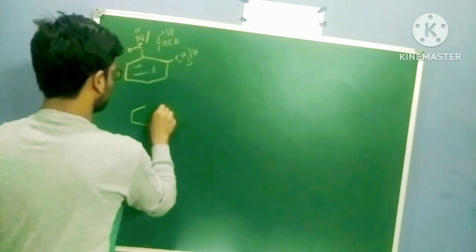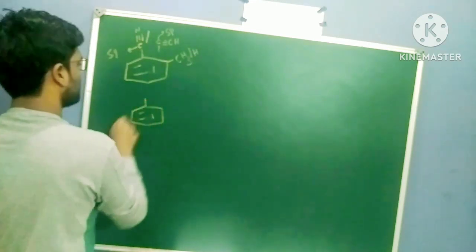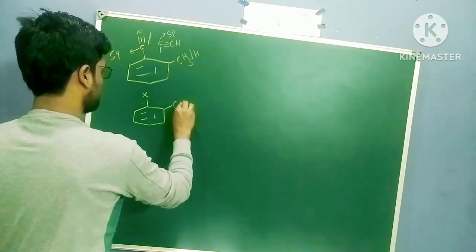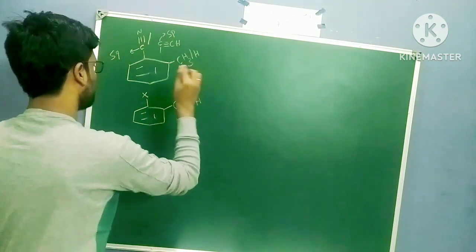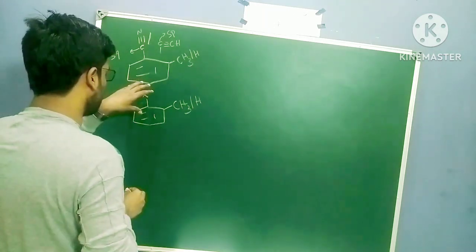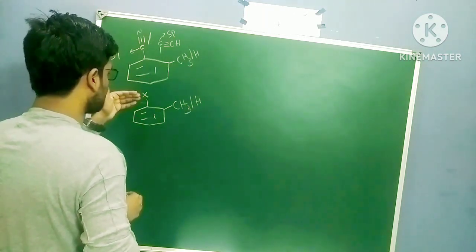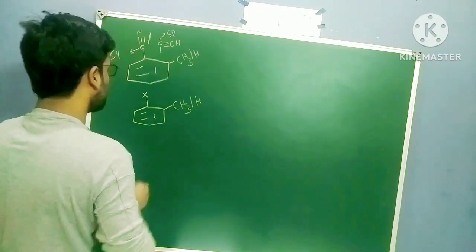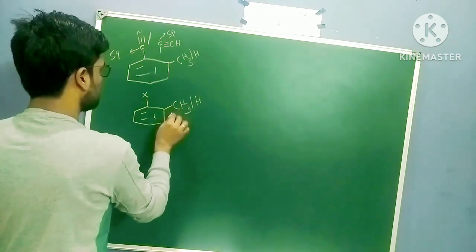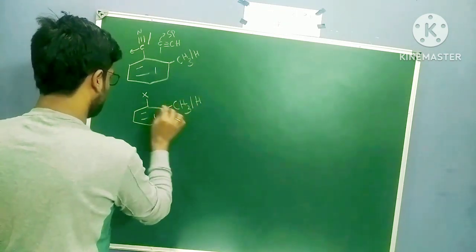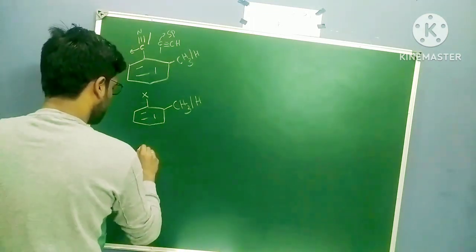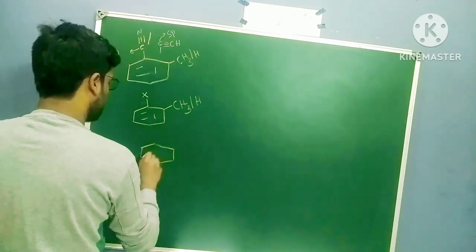Next one. For suppose halogen. If I have any halogen, fluorine, chlorine, bromine, iodine, and here any group, CH3, bulkier group or small group. In this case also, halogen is a very small group. So this group doesn't need to give some space to this group, right? So repulsion will not be there. So steric inhibition of resonance will not be there here also.